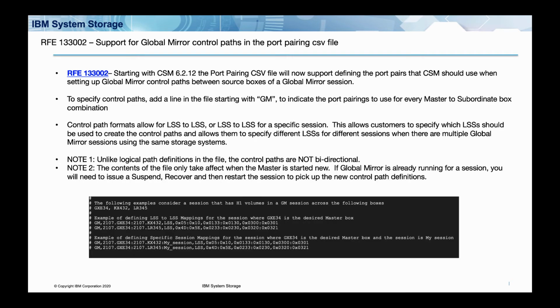All right, the next RFE is 133002. This is one that we've been getting asked for quite a while now. We finally were able to implement something for it: support for global mirror control paths within the port pairing CSV file. Those of you familiar with the port pairing CSV file, you can now edit it through our CSM GUI,